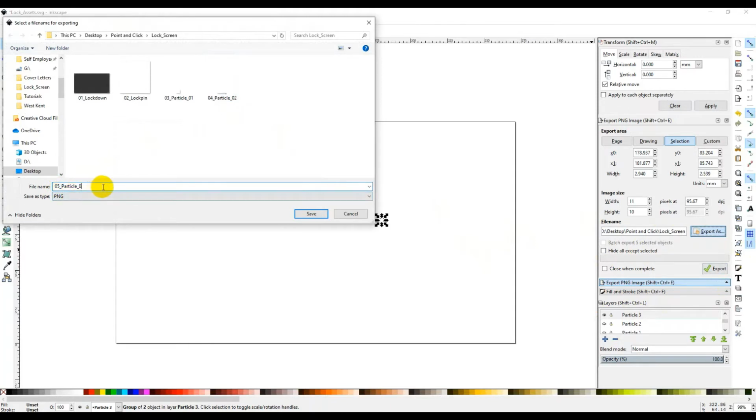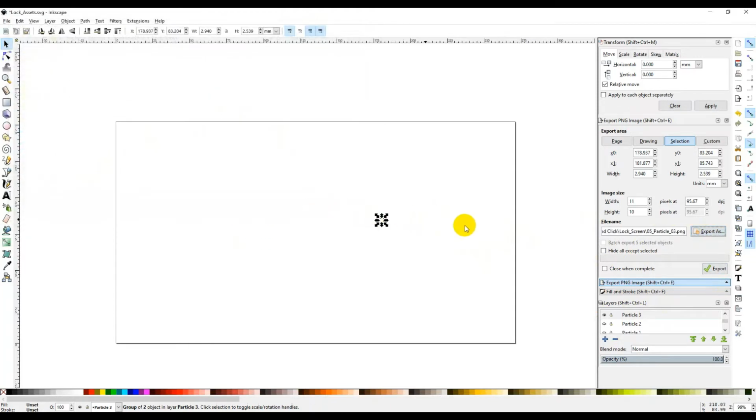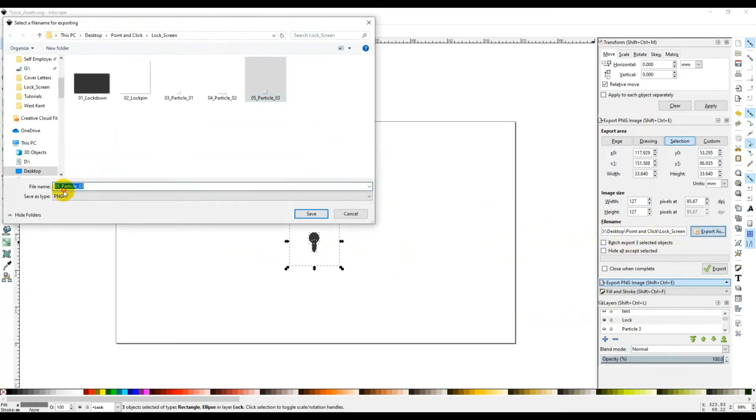That's particle 3. So remember, we're just exporting these all out separately so that we can collate them all together when we come to make our final scene in OpenToonz. Right, so we've got the lock itself, which at the moment we can only see the center, but if I Control A to highlight everything, you can see we've got the whole lock. Copy and paste that, export as, call it 06 lock,